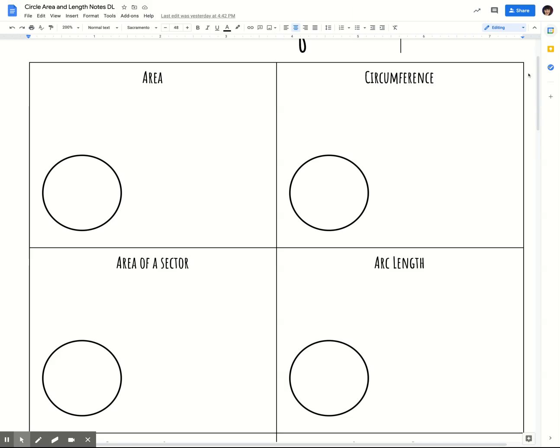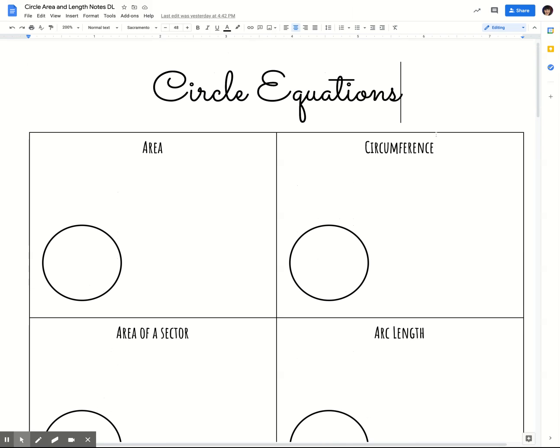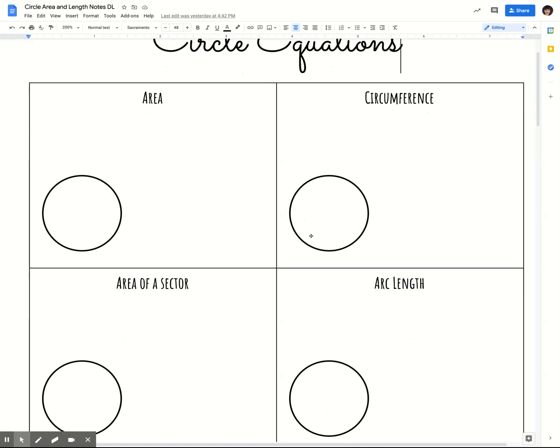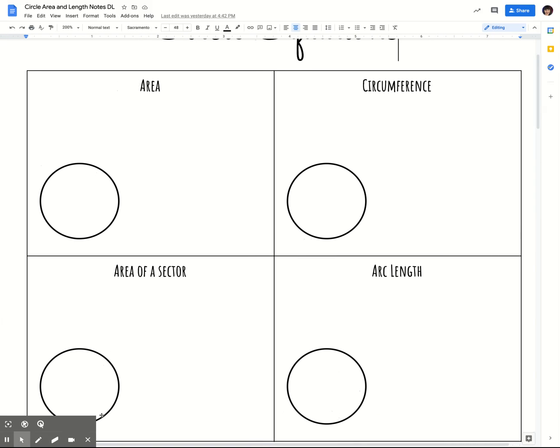Okay, so some of these things you likely will have seen before, right? Because this is mostly just area and circumference of a circle, which you should have seen, I'm hoping, in middle school. Okay, so just as a quick reminder and overview for you. The area of a circle is literally just all the space that makes up a circle. Okay, and in order to